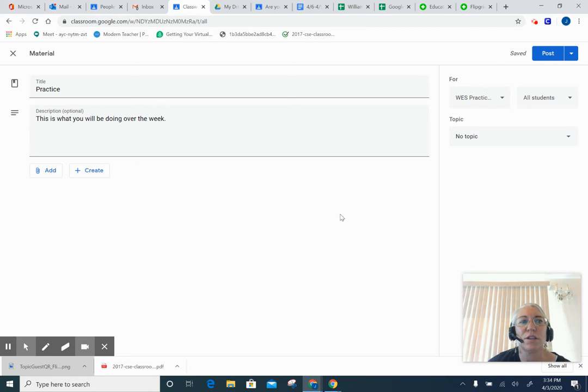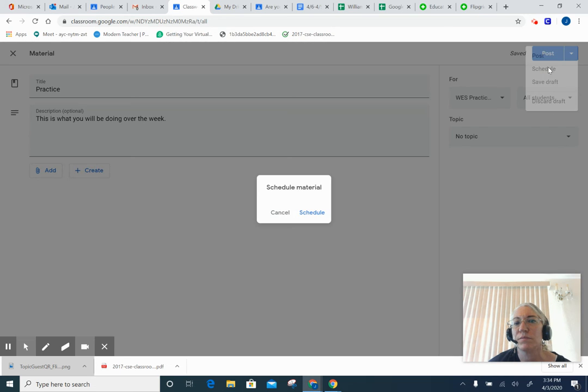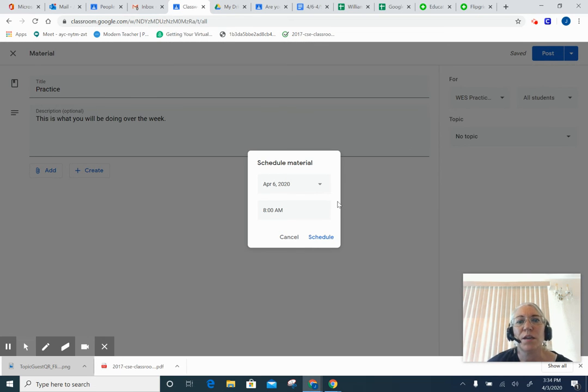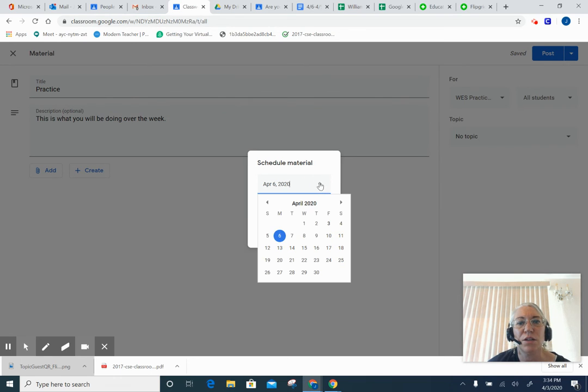Now we're going to schedule this so that this assignment does not show up yet. So right here where it says post, I'm changing post because post means it will show up right now. I don't want to do that, so I want to schedule it. So this will stay grayed out where my students cannot see it until I choose the date that I want